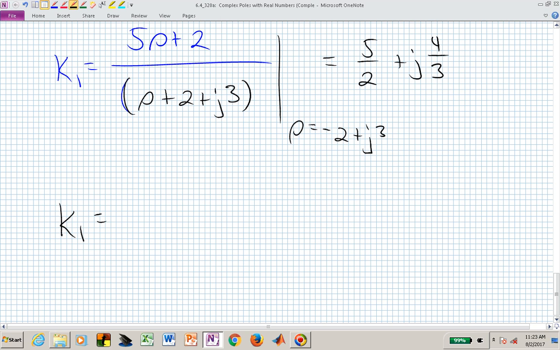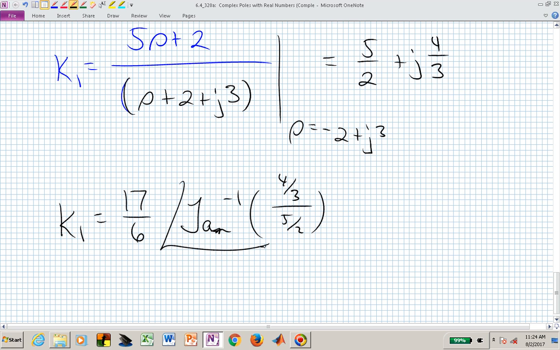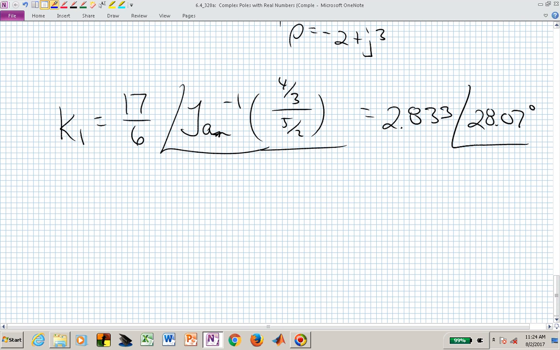We could put that in polar form by finding the magnitude of that complex number, which is 17/6, and it has an angle given by the inverse tangent of the imaginary part over the real part, so we now have 2.833 at an angle of 28.7 degrees. Using that complex expression for the residue k sub 1, the time domain expression is 2 times the magnitude of K1,